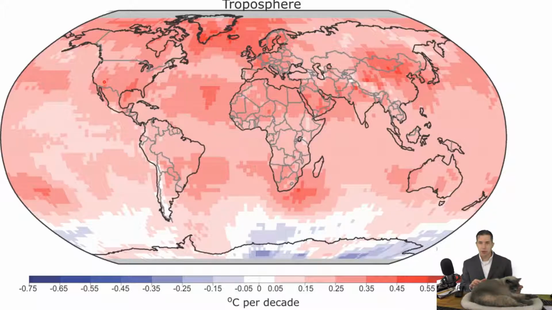Sinking air warms. Okay, we talked about that a long time ago. If I have the Hadley cell, air rises at the equator, sinks along 30 degrees, right? That's the whole Hadley cycle. If I make the Hadley cell bigger and stronger, I have more air rising at the equator, which means I have more air sinking at 30 degrees,